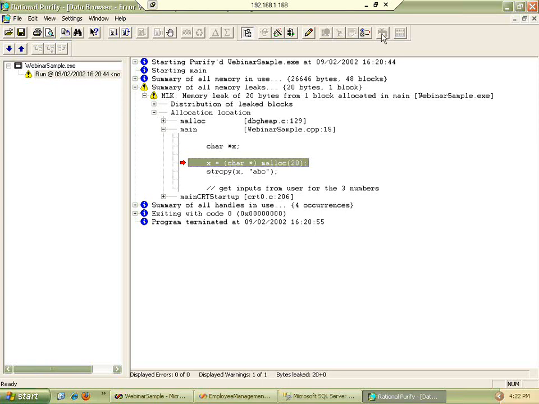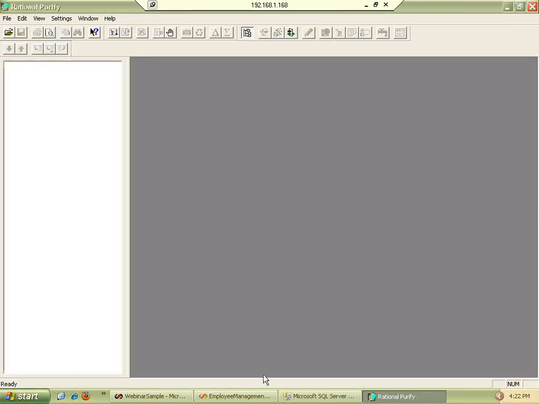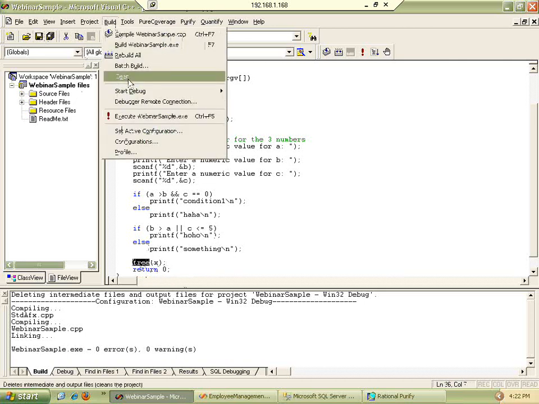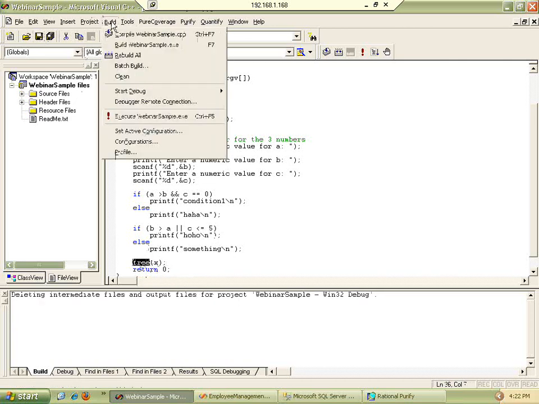Now I'm going to show you the same thing. I'm going to free the memory. Okay, I will be freeing the memory in my code I created here before returning. Okay, I'm going to do something like free that X. Okay, I allocate here, I free here. Okay, let me try to build this, right?